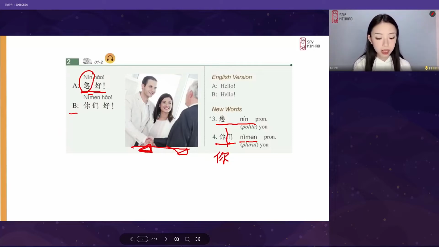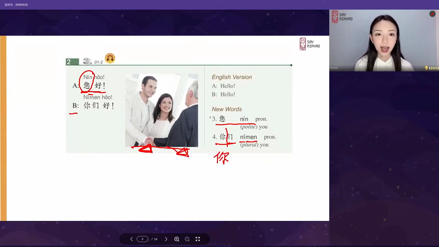So guess who said 您好 to who? I believe the couple said 您好 to this old man, right? Because he is older than them. To show the respect, they used 您好. So when you are greeting your teacher or someone who is much older than you, you can use 您好